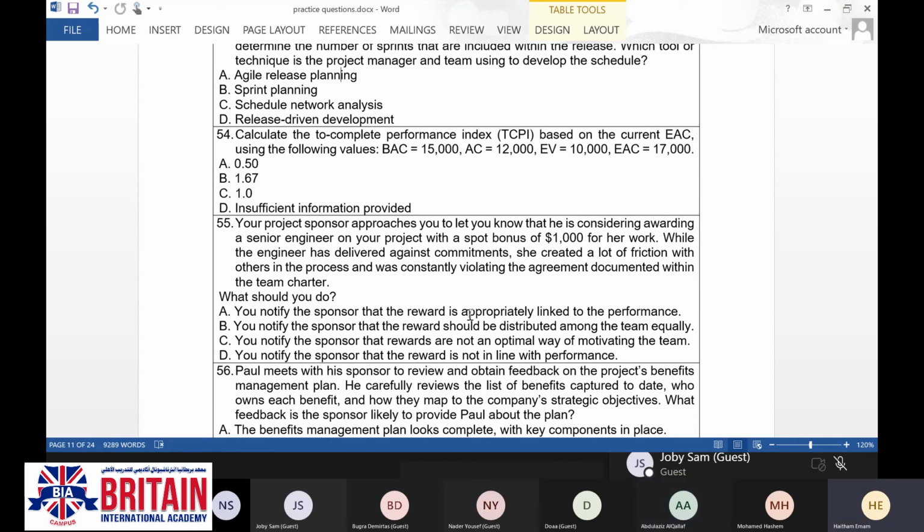Okay. You are right, by the way. So when it comes to the rewarding system, you are not going to be rewarded for your expected performance. Let's say it was expected, as per the plan, that Haitham should finish this task within 10 days. Then Haitham finished the task within 10 days.